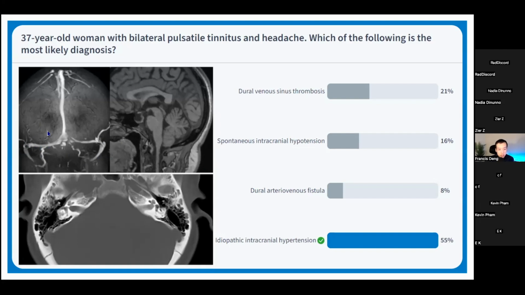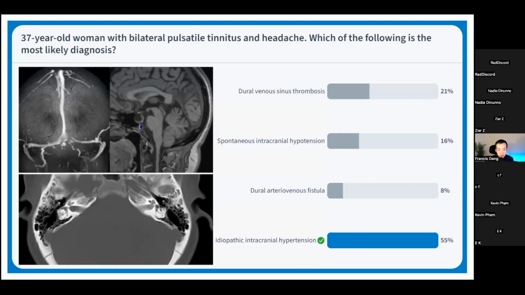There's also a contribution by the fact that in the setting of increased intracranial pressure, the brain and the CSF kind of pushes everything outward and narrows the lumen of the dural venous sinuses at the lateral aspects. And you have segmental narrowing of the dural venous sinuses, as well as focal narrowings due to large arachnoid granulations, which are outpouchings of the arachnoid into the dural venous sinuses, and that's what accounts for this little narrowed effect. That's probably the most sensitive imaging sign for idiopathic intracranial hypertension, but there are other signs as